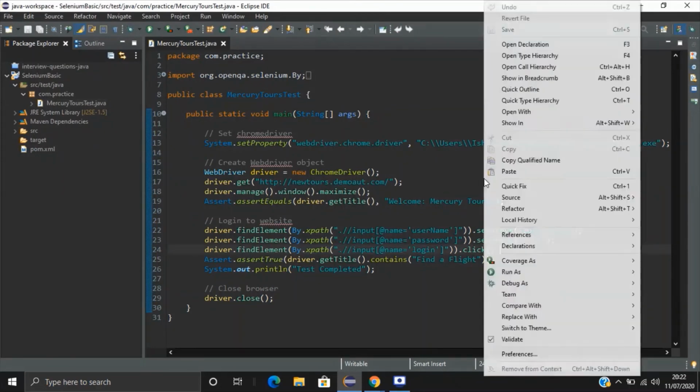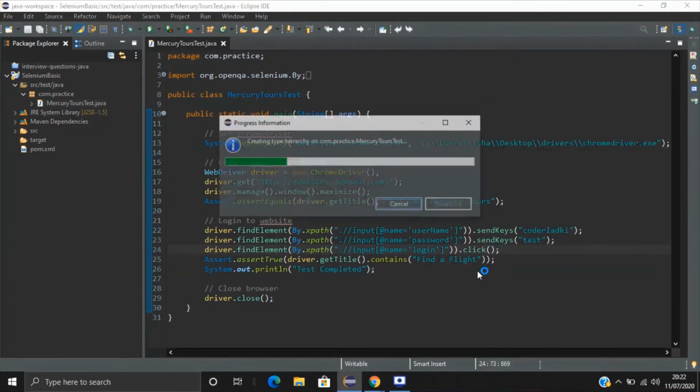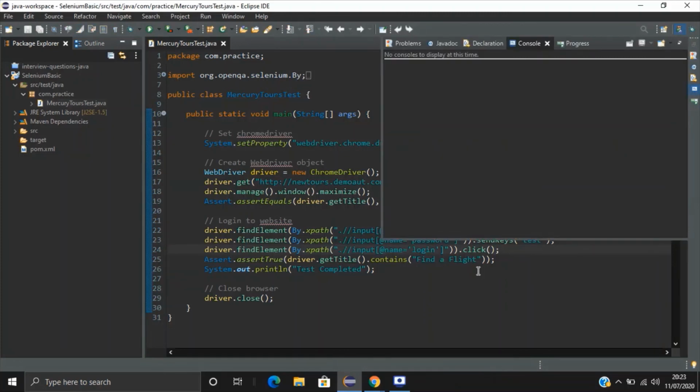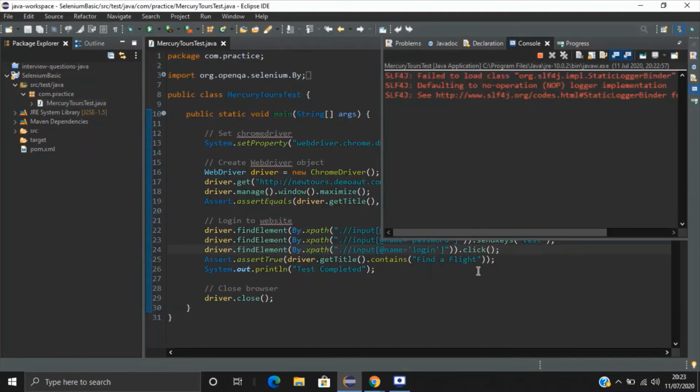To run this, I'll go and do Run As, Java Application. On the console we can see these are some missing dependencies that we can add if needed, but this won't really affect that much.